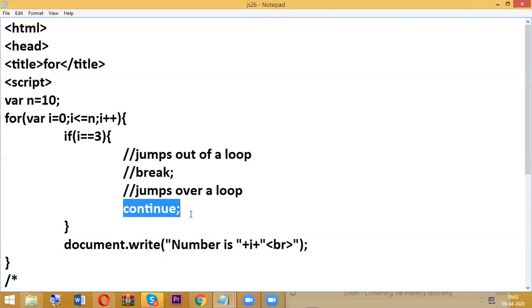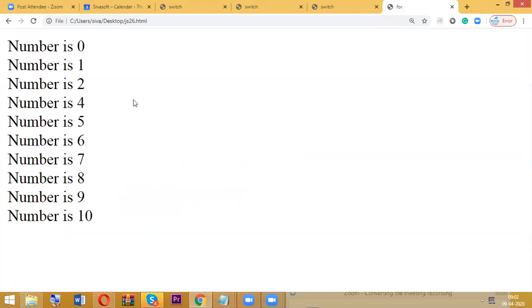So whenever the i value is 3, it is going to skip, that's it. There is no 3, so we are just skipping, that means jumps over a loop. Are you getting it? So break means we are going to stop the execution, continue means we are going to skip the execution.